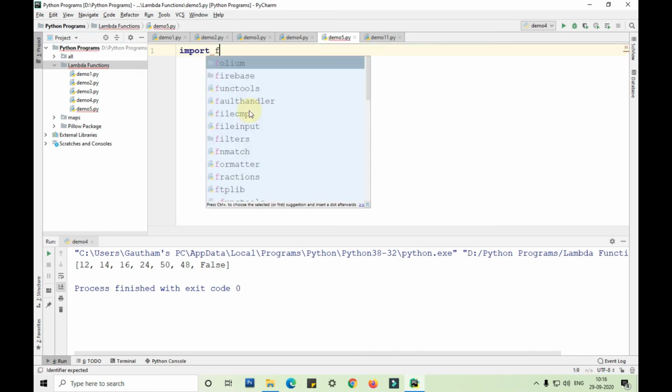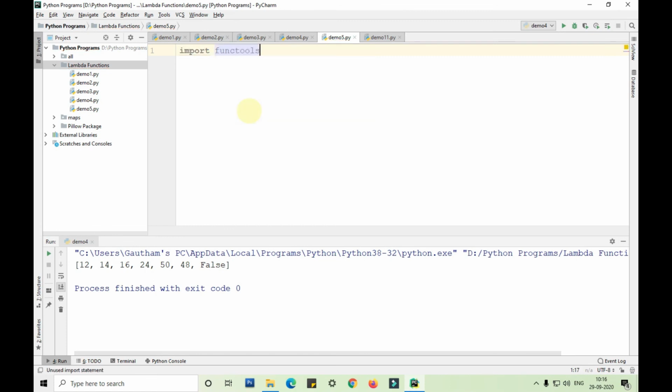Import functools as a. Okay. Now I'll calculate the sum of all the values in a particular list using the reduce function and show you. Okay.